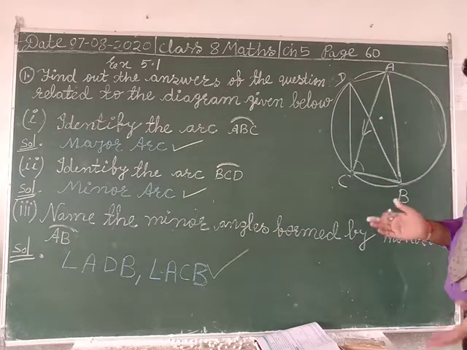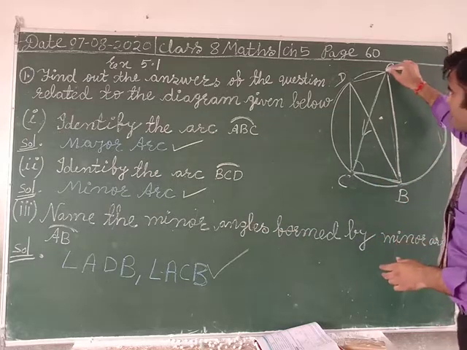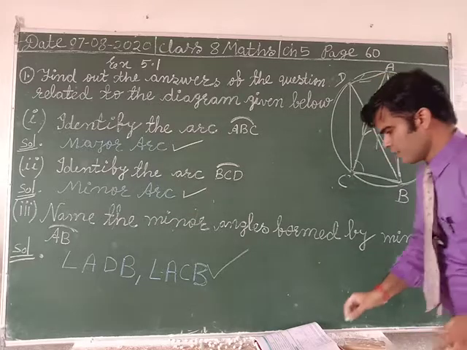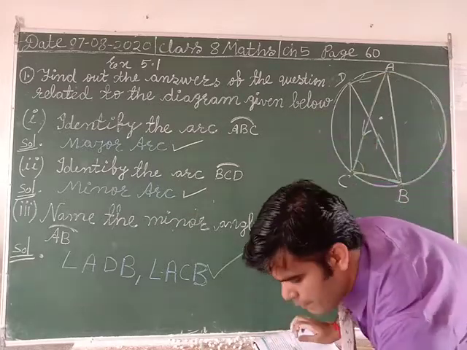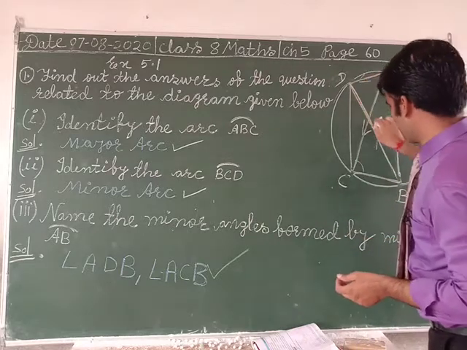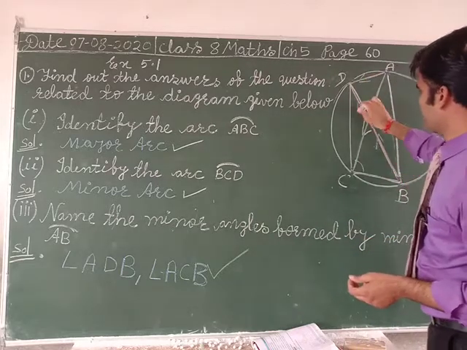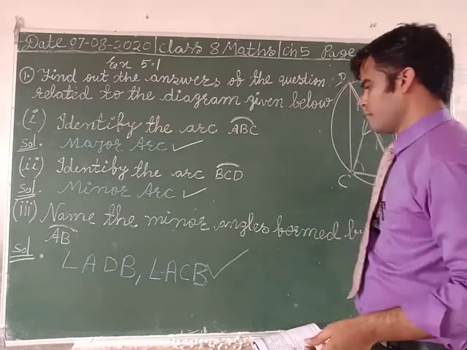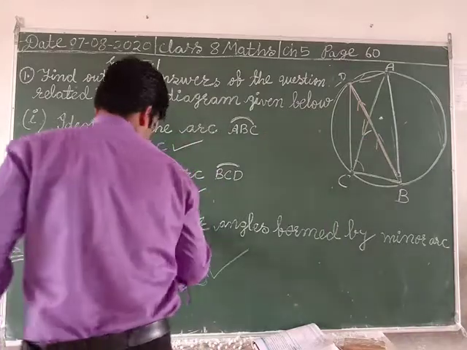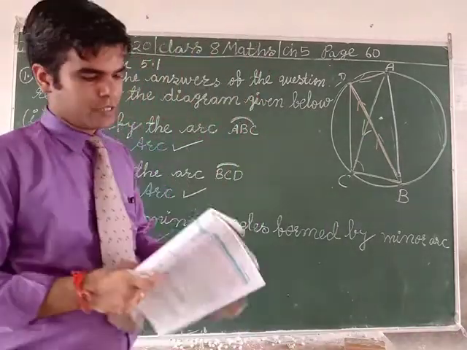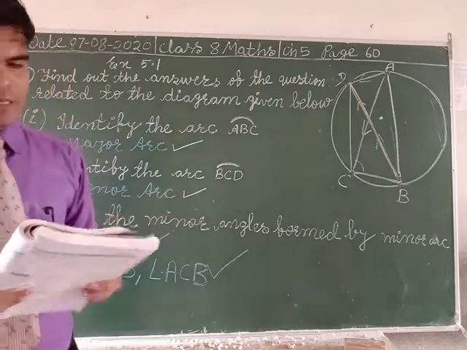You can write in any order. And now from A, what comes next? A to D and B to D. I will make it in a separate color. See here, A to D and B to D. So this is ADB. Here I have written ADB. Okay, students, now we will discuss the next questions, question number 4, 5, 6, 7.